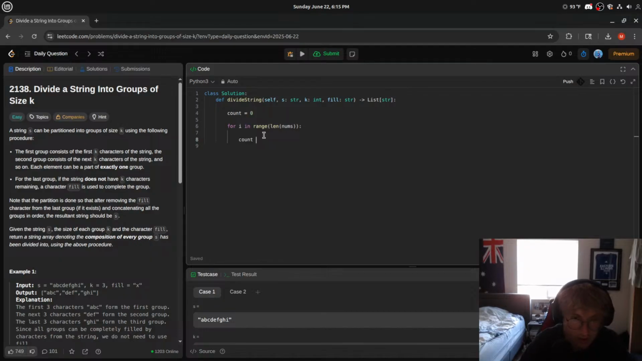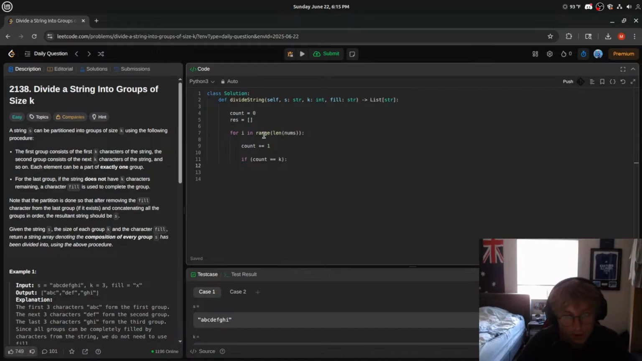We can do count plus equal to 1 every time, and we can check, okay, well, if we're at the kth number, so if count is equal to k, then we want to have our new res. So let's grab a new res array here and do res.append. We can append a new